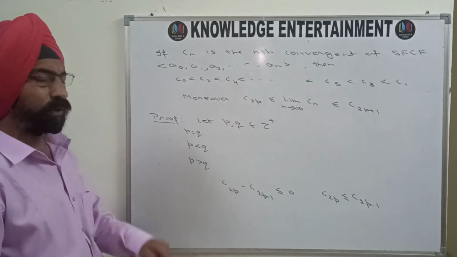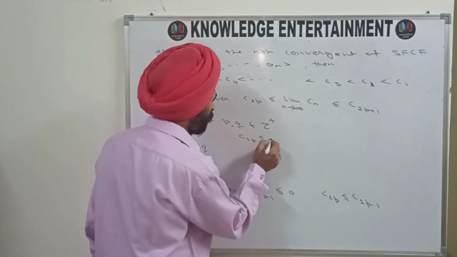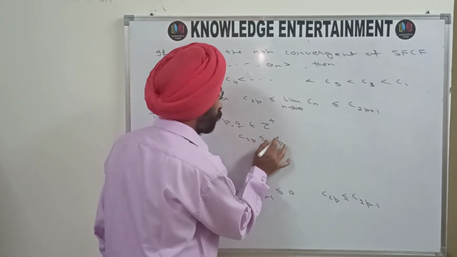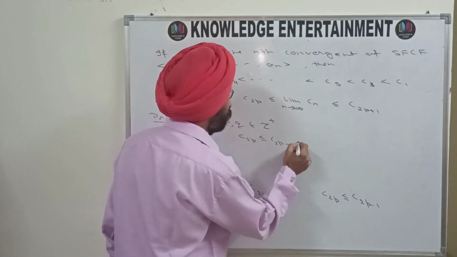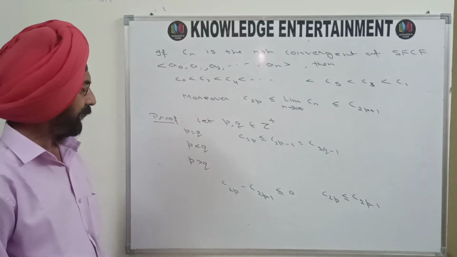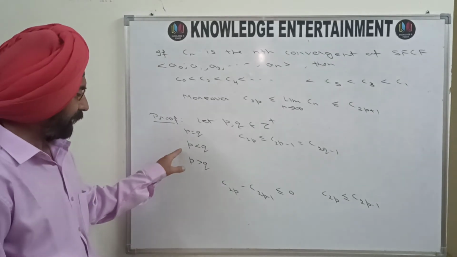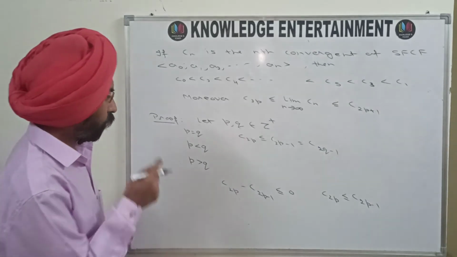If p is equal to q, simply you have C2p is less than or equal to C2p minus 1, which is in fact C2q minus 1 because p is equal to q. If p is less than q, what you are going to get